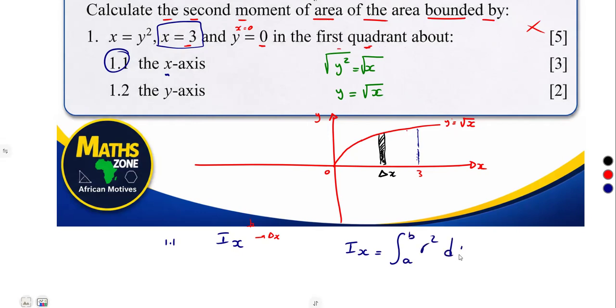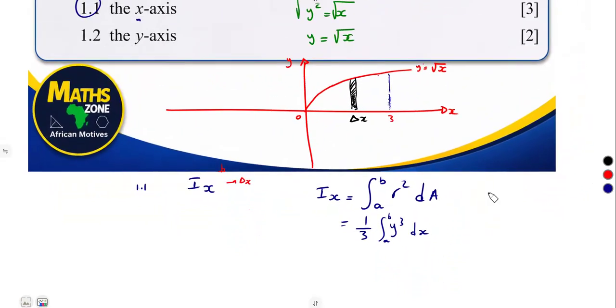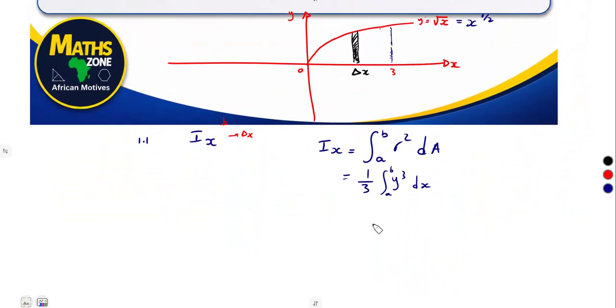From the formula r squared dA, it is going to give us one over three, the integral of y cubed. That is what we formulated from our previous class. So y cubed, y being f of x, that is y equal to the square root of x, which simply means x to the exponent of a half, 1 over 2. You can rewrite this as a third, the integral from 0 to